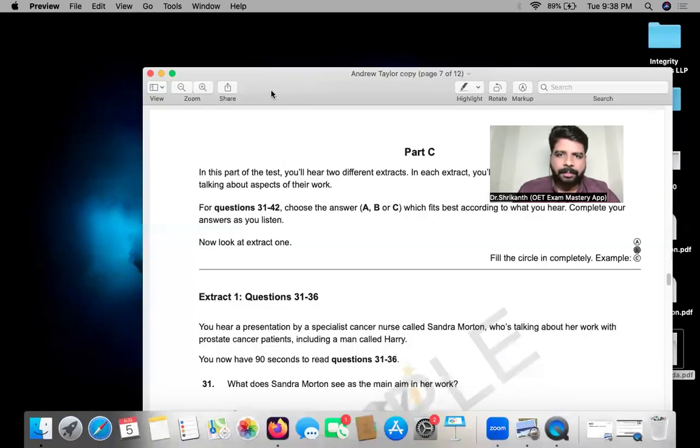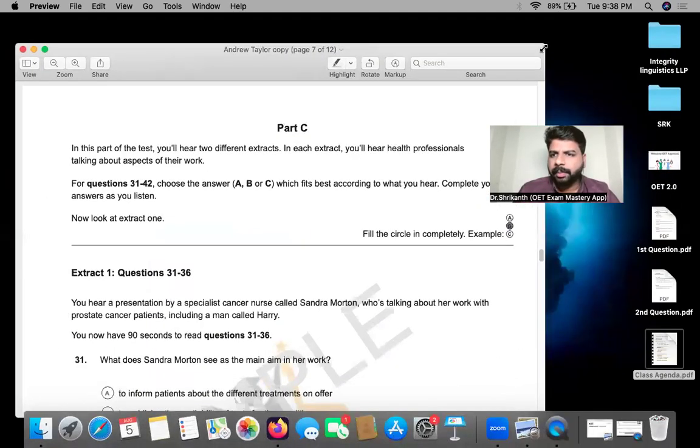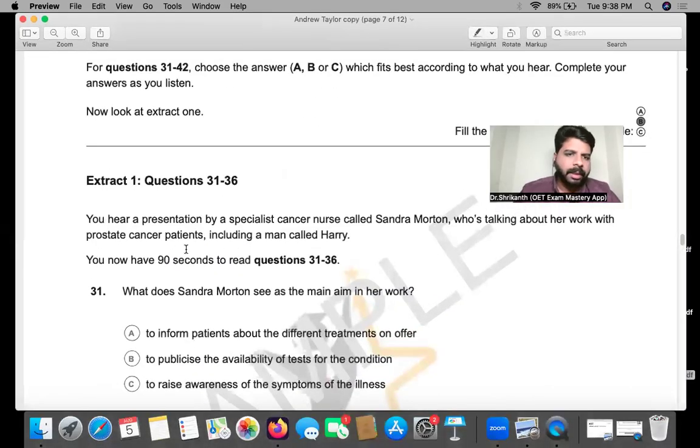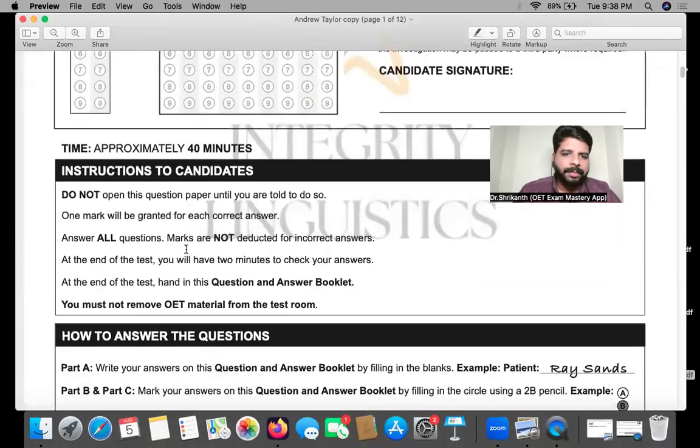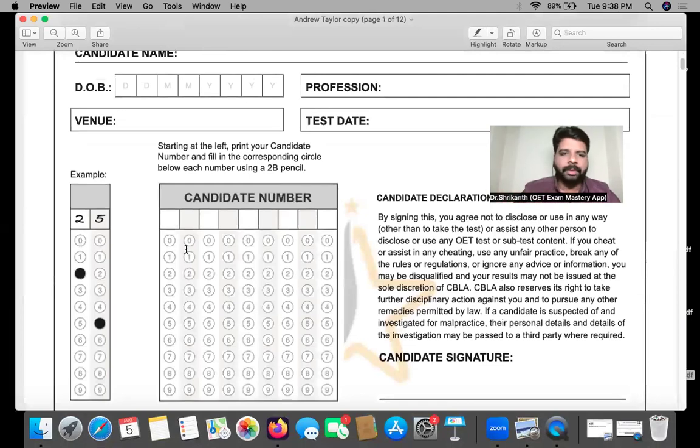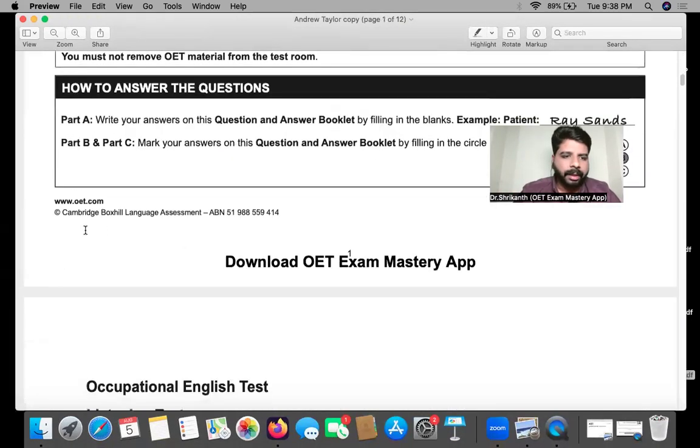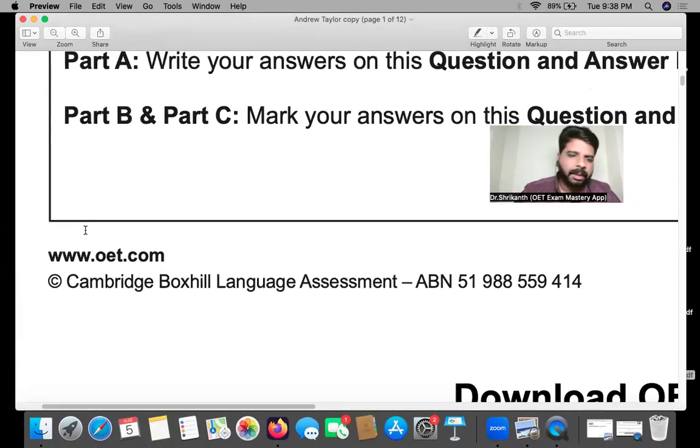Is it this one? Yeah. Okay, so this is a Cambridge University OET listening. So as you can see over here, this is how the very first page of your OET listening looks like, and this logo. So every single material that you get from our institution is always going to be Cambridge materials, right? So these are the official OET original exam materials, right?